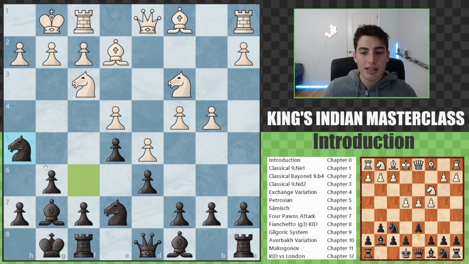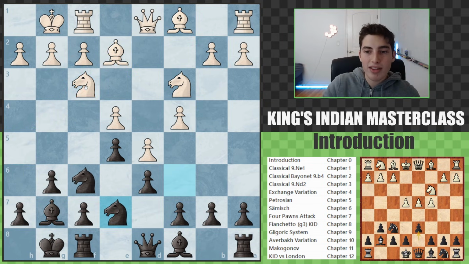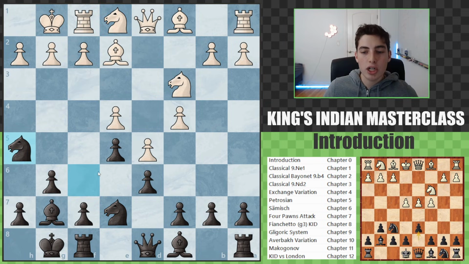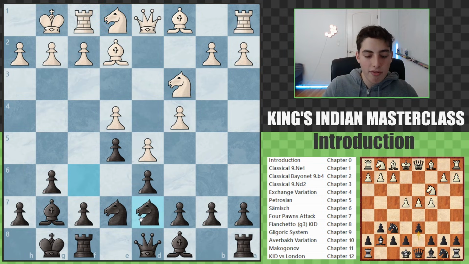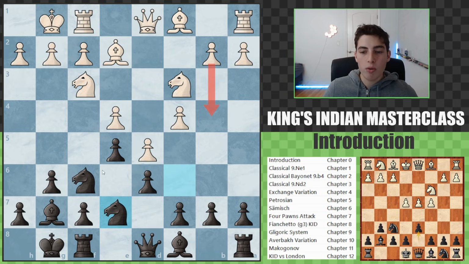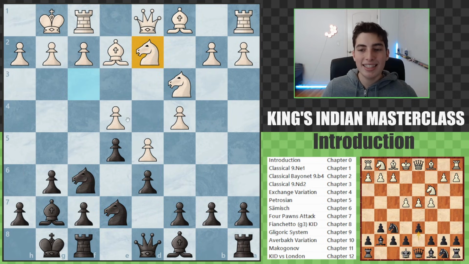Now, the reason that we go knight to h5 instead of knight to d7 is because here we have the privilege to bring the knight to a more advanced square. In the other variation, after knight e1, we do not have that ability. So that's kind of the distinction which dictates where we put our knight. So these are the 3 squares that we're going to basically put our knights in. Knight e1, we go knight d7. After b4, we go knight h5 with the intention of still going f5, and chapter 3 is knight to d2,